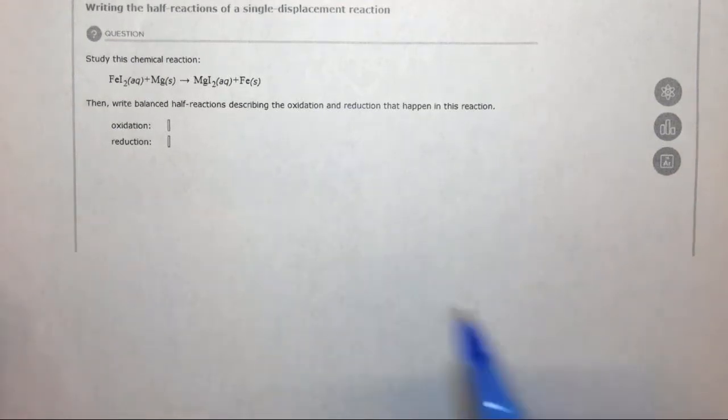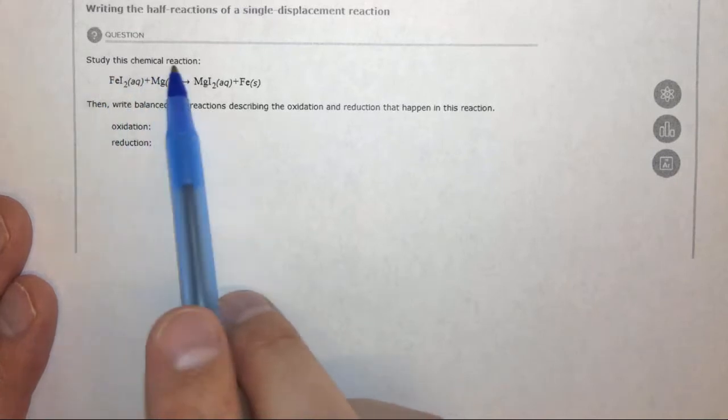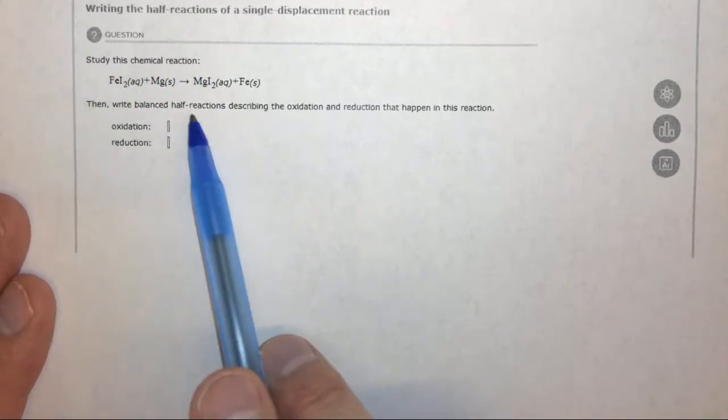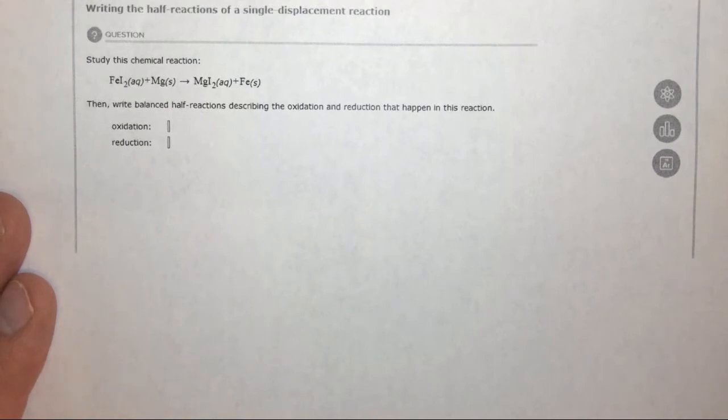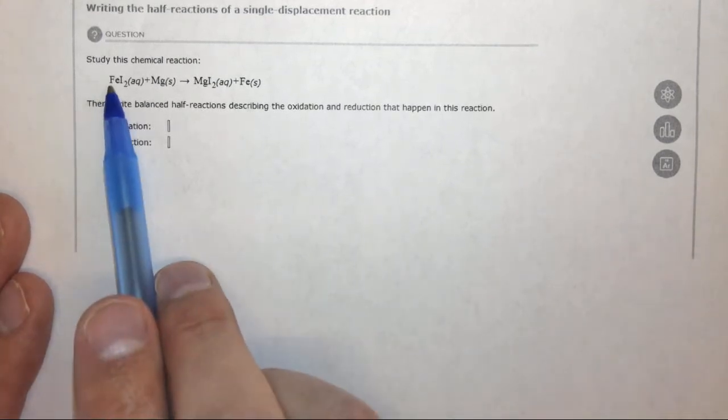All right, this question is very similar to the previous one, except here we have a single replacement reaction. It says study this chemical reaction, then write balanced half reactions describing the oxidation and reduction that would happen in this reaction. So, just like the previous problem on this playlist, the first thing I notice is we have iron